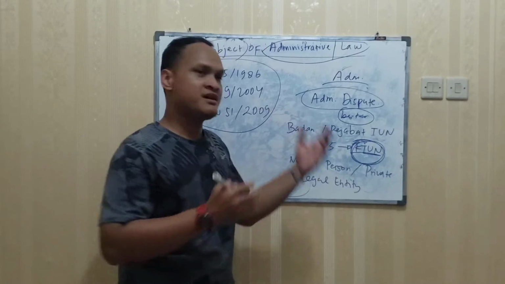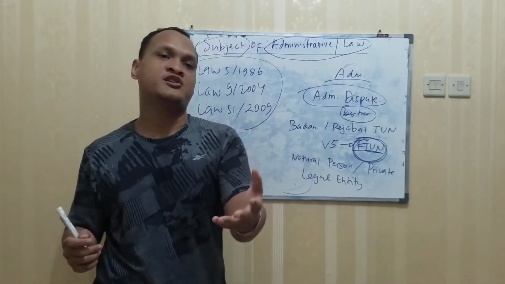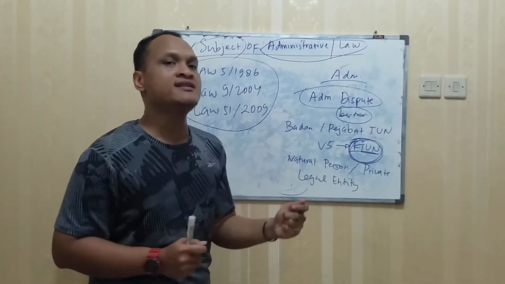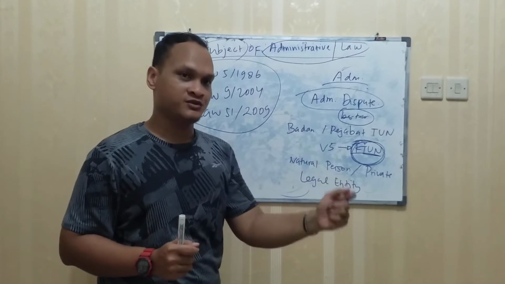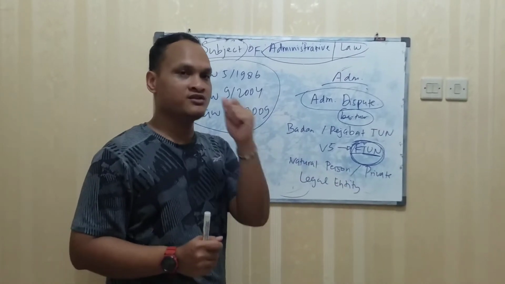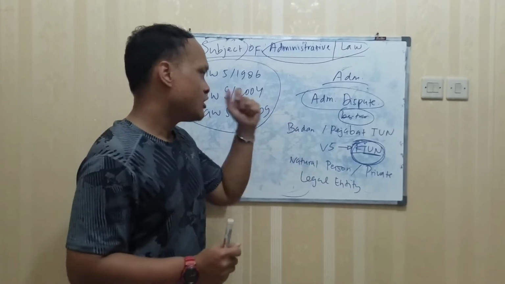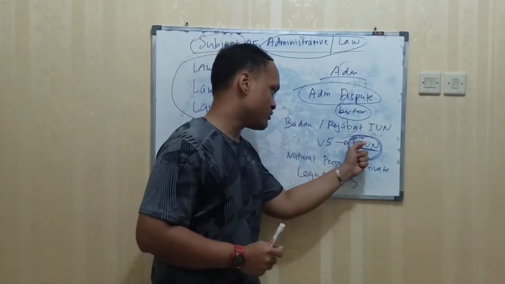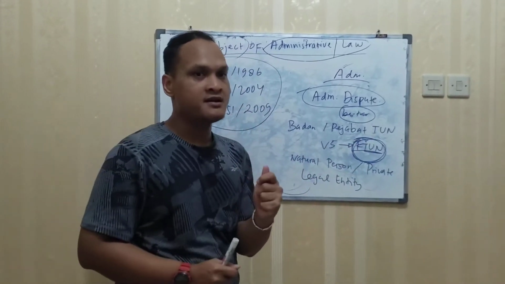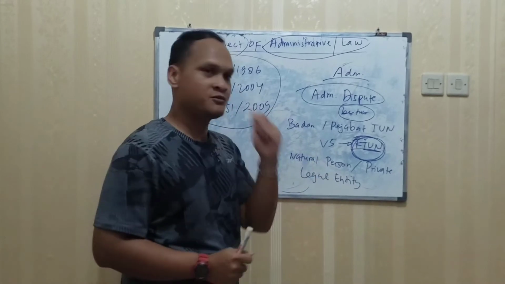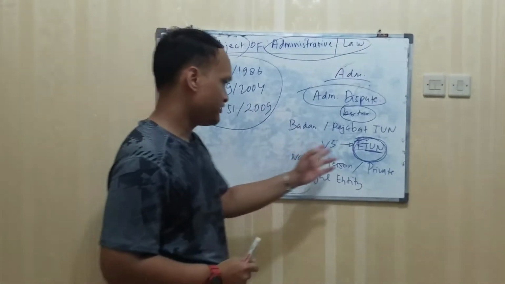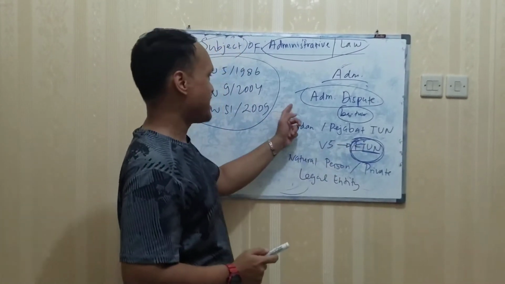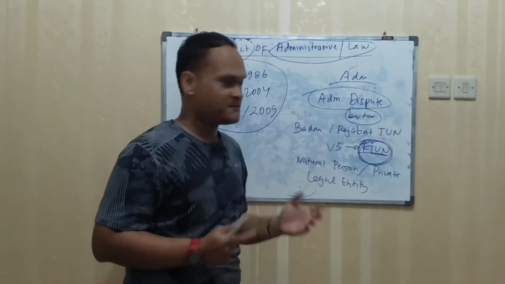But when DPR sacks you from your position, fires you from your job as staff in DPR, the letter of the dismissal of your position is based on a decree. So this decree is issued by DPR or a certain bureau or a certain part of the DPR. So this decision is KTUN, even though DPR is the lawmaker. But the product here is not the law, the product here is the decision. So this decision is KTUN. So because this is KTUN, you can consider it as an administrative decision.